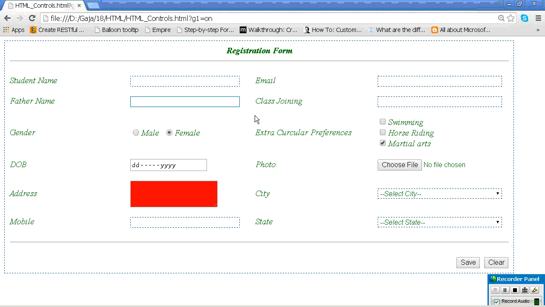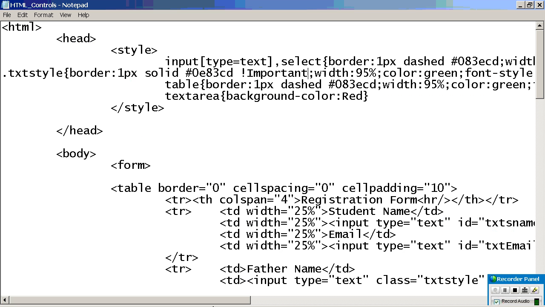Is it not understood? Let me explain. See, for a normal text box, input type equals text style is affecting it normally. Even if I have applied my own style, class equal to something, and it does not work, I use exclamatory important. Color I want to make that.